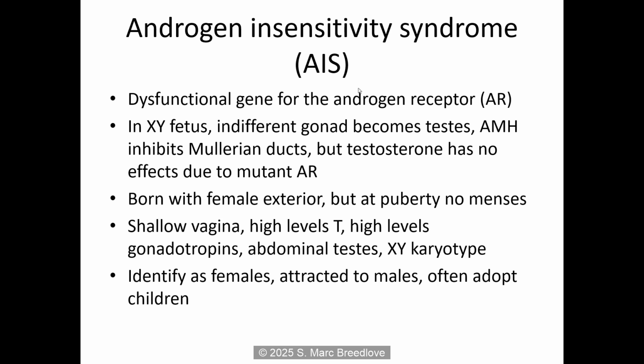And in these individuals, there's a spectrum of androgen sensitivity. Sometimes it's partial androgen insensitivity syndrome, and that's one of the things that's causing problems in Olympic races these days in terms of deciding who's a female. But in cases where the androgen insensitivity is complete, the individuals look totally like other females.